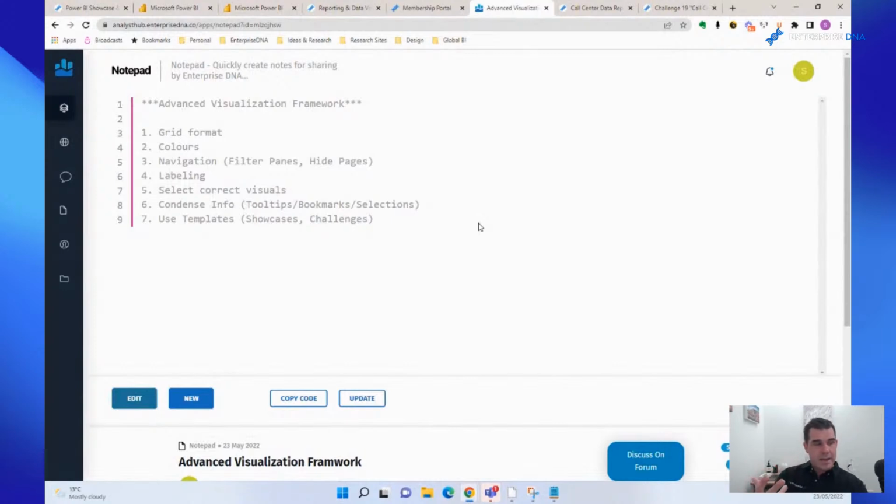As mentioned right at the start, we've seen hundreds, thousands of reports through our challenges, so we've got a really good overview of what works and what doesn't, and we've evolved our thinking based on that. This is the latest iteration of our thinking around visualization. As much as you can, if you align your own development work around this framework, I'm very confident, along with most of my team, that the quality of your reporting output will be substantially better very, very quickly.